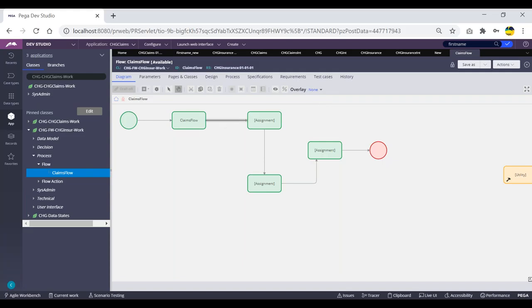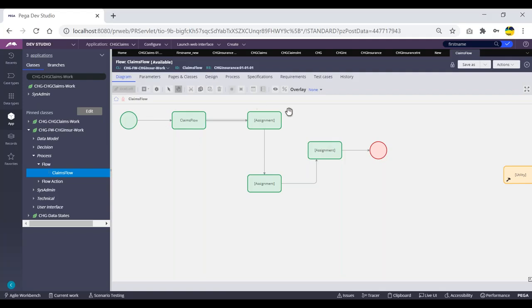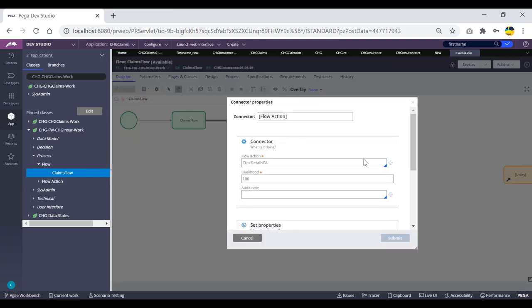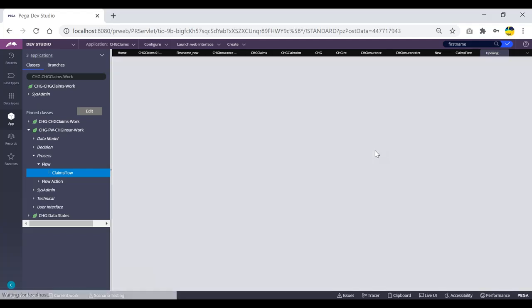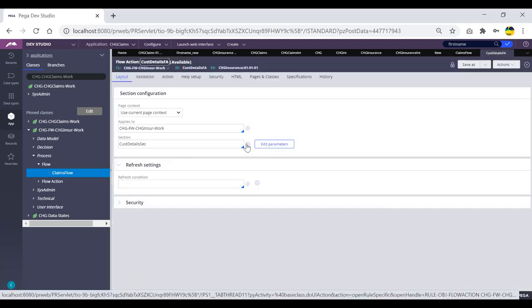We can open any rule, we can see the data, or we can save it as to the next version, but we cannot delete it or update it. So a select query will be executed, but inserting or deleting will not be allowed here. PRPC will not allow these kinds of queries to be generated in the backend from this particular rule. So you can see the data. So this is our flow action rule. Okay,